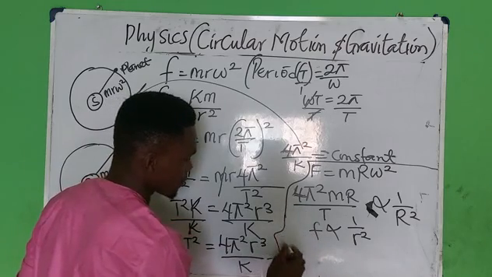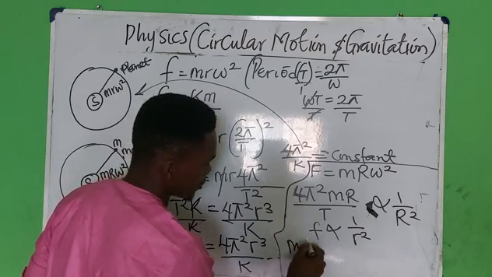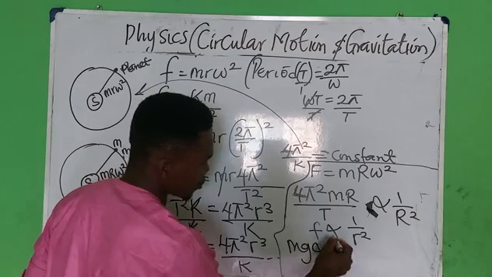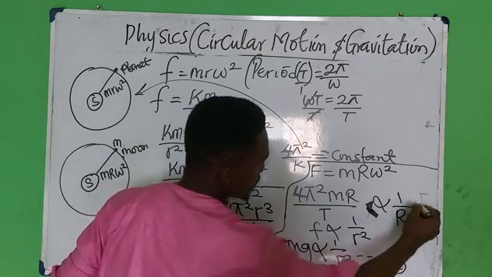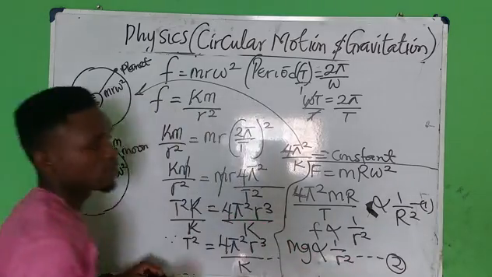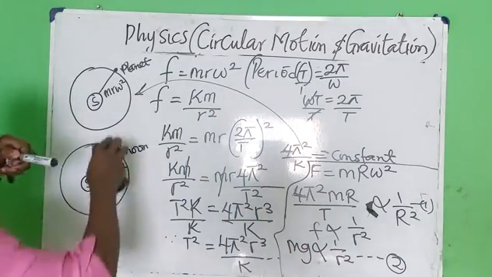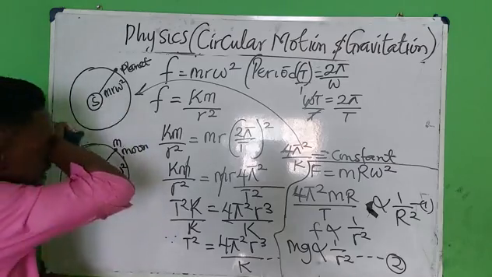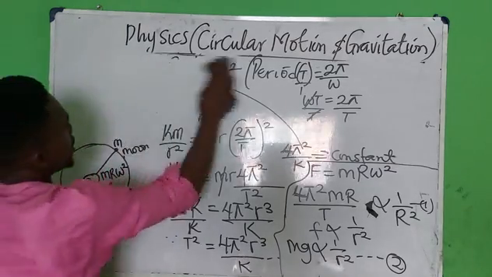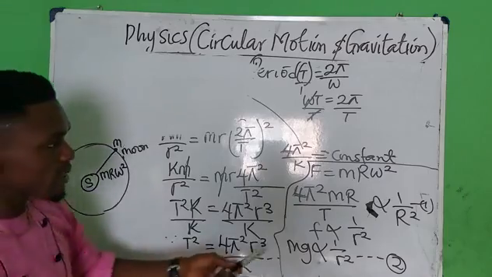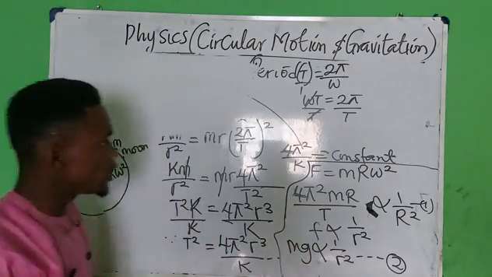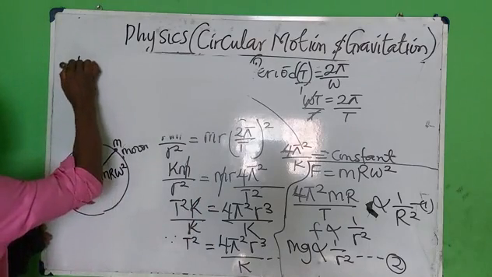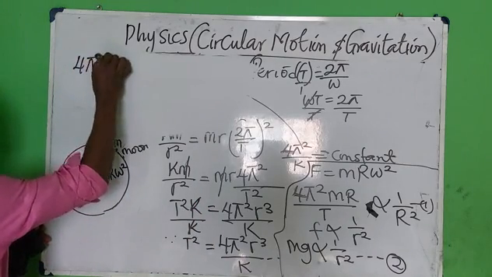So Mg now is inversely proportional to 1 over R squared. Let me call this equation 2 and this equation 1. So let's continue from there. Now, from here, we'll divide equation 1 by equation 2. Alright? So in doing that, we'll be having 4 pi squared